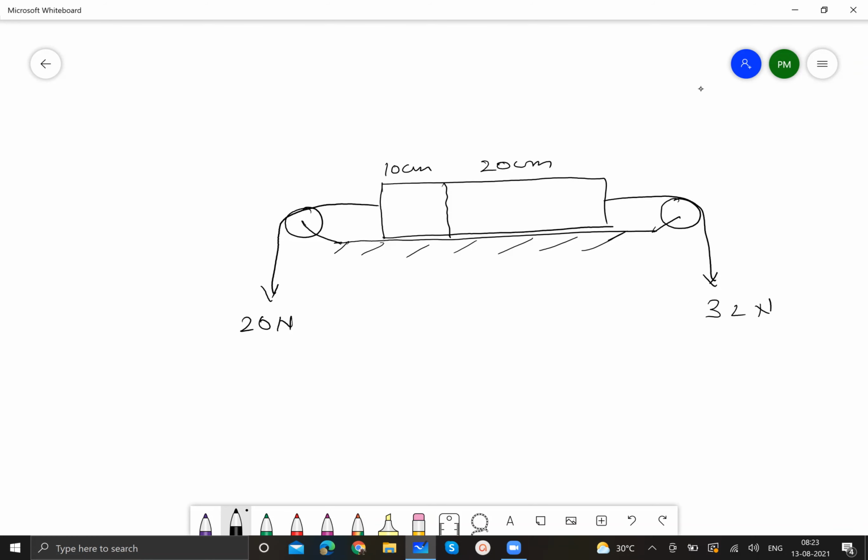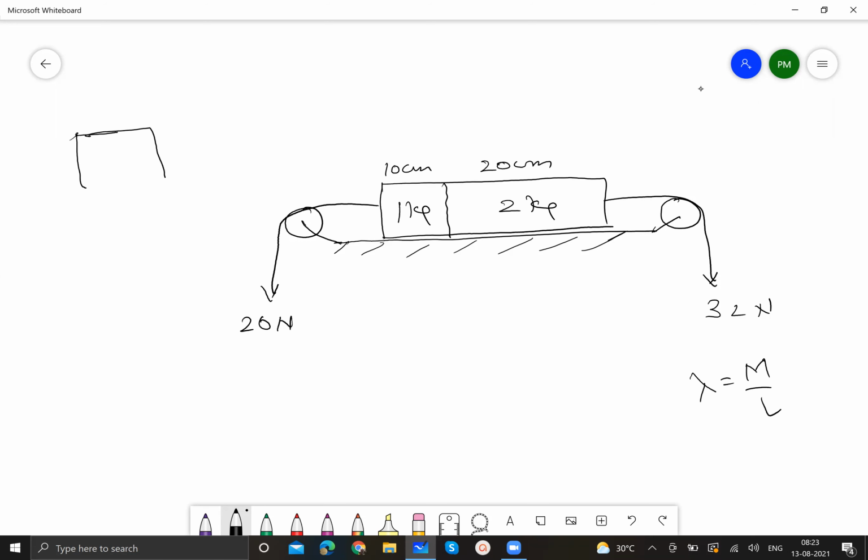So assuming that the linear density remains constant, because the lengths are in the ratio 2:1 and the mass is 3 kilograms, this portion will have a mass of 2 kilograms while the other portion will have a mass of 1 kilogram. This is a conclusion drawn by us. So if you attempt to draw the free body diagrams, then